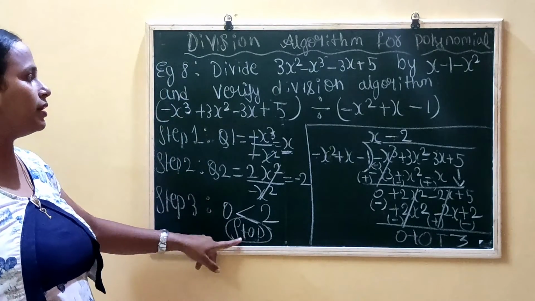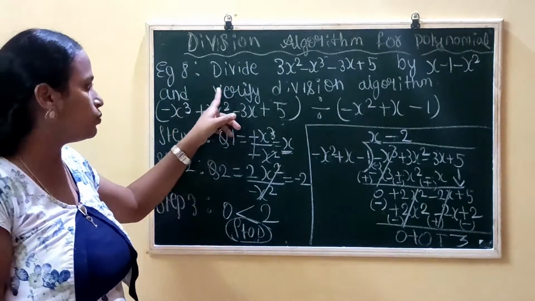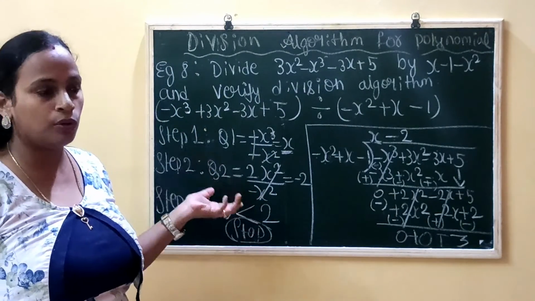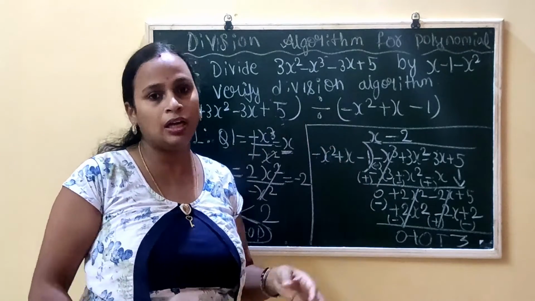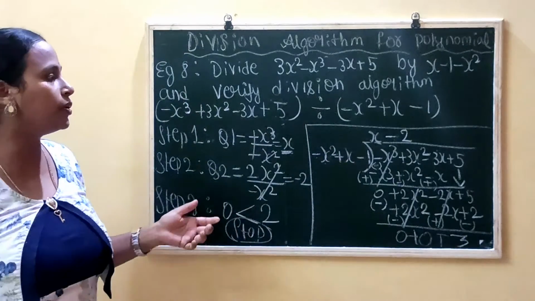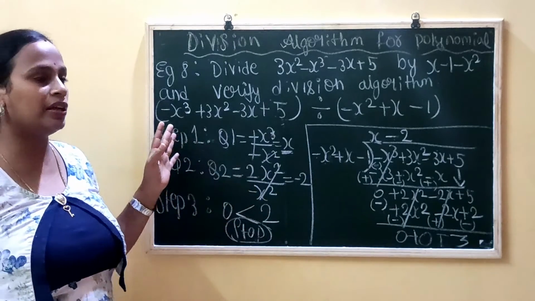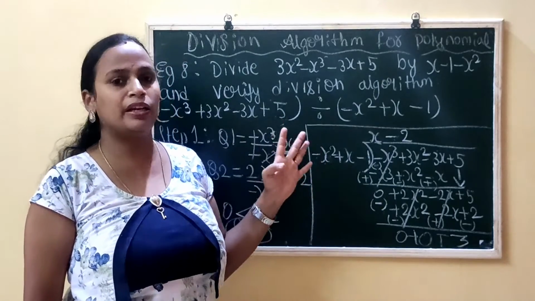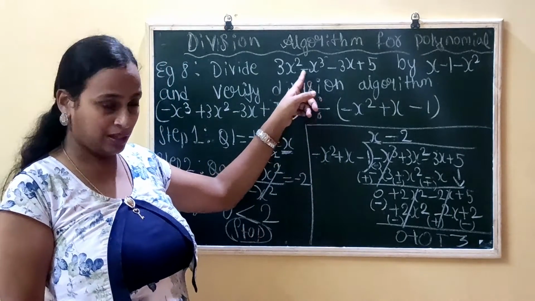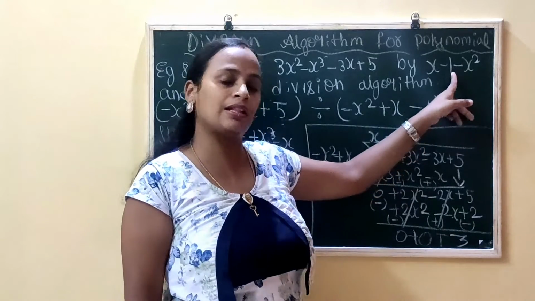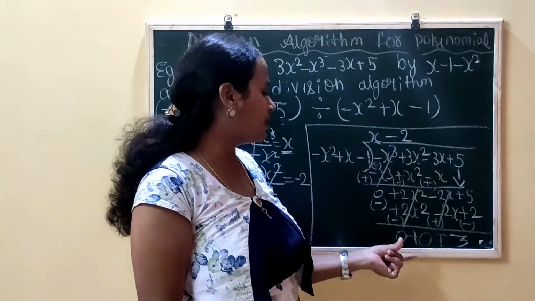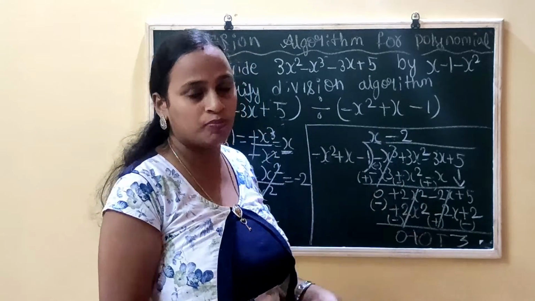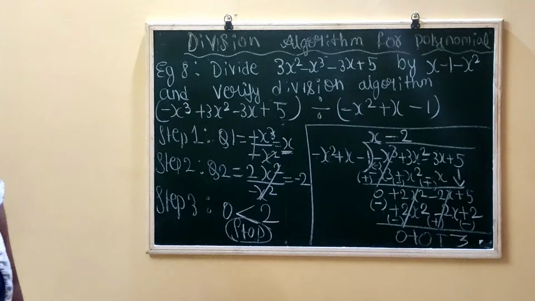So once we have done this, they have asked us to continue, that is, we have to verify the division algorithm. So you have a relationship equation, no? Based upon that, you need to verify the division algorithm. Okay? In order to do the verification, first we will write clearly what P of x, Q of x, R of x, G of x indicate. P of x is nothing but the dividend, G of x is nothing but the divisor, R of x is nothing but the remainder, and Q of x is nothing but the quotient. Okay?